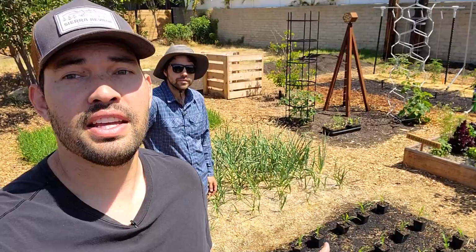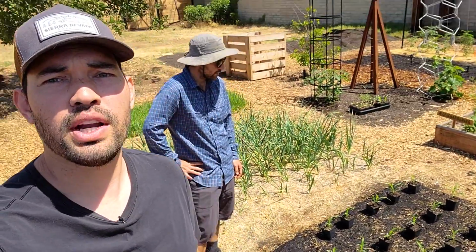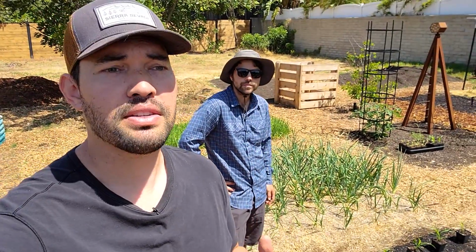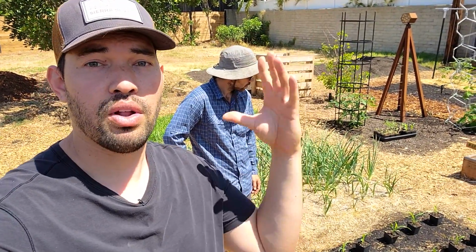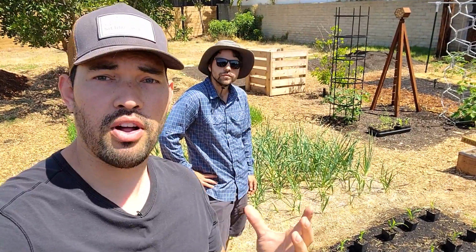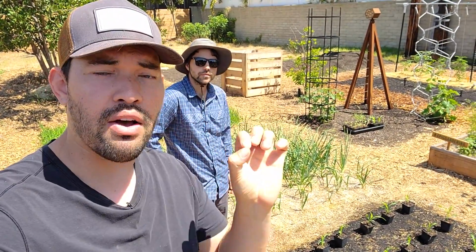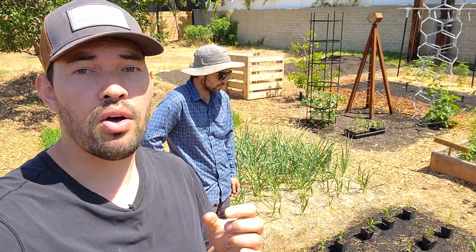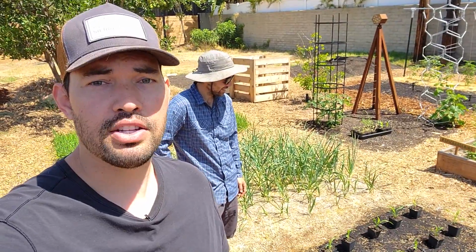So our first task is corn. Jacques has laid out the rough spacing here. And the thing with corn is you wanna plant it in blocks because it's a wind pollinated plant. You have the tassels up top and you have the silks down below. So the male, then the female. The tassels will rustle in the wind, the pollen will fall down, it'll hit the silks, and then each individual grain of pollen will travel down the silk into the seed and pollinate and fertilize one actual grain of corn, which is really interesting. It's a fascinating plant for that reason, but let's just show you what we have laid